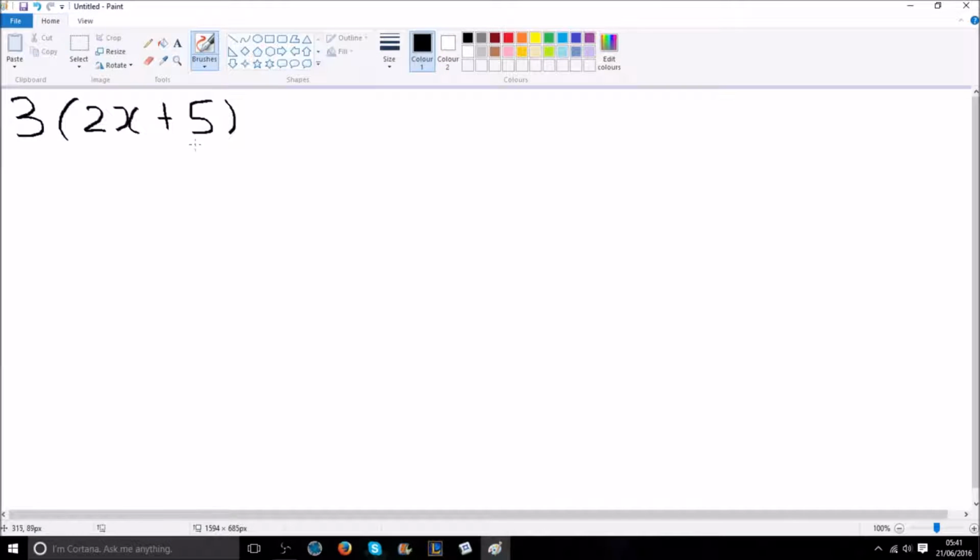Okay, so this is our example question. Now our aim is to expand the brackets. Expand the brackets means we want to get rid of these brackets that are currently in the question. So what we need to do is first do 3 times 2x, and then we do 3